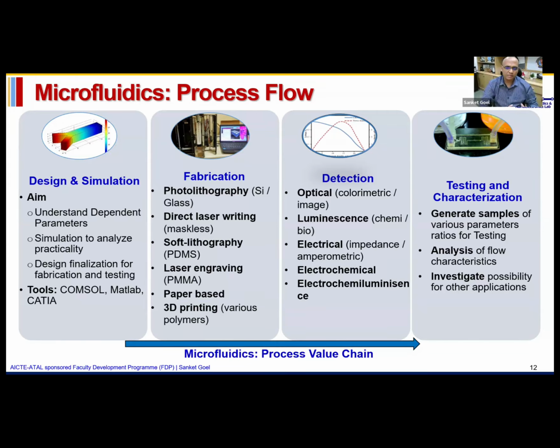And detection, we can divide into two major families: how you are detecting, optically and electrically. So optically, you can try to understand how the intensity changes. For example, if I change the intensity of, say, glucose or uric acid as a flow-through analyte, I can try to understand that the intensity change can tell me the concentration of my analyte. Likewise, I can talk about electrical output, which means that either current or voltage or impedance is the defining factor